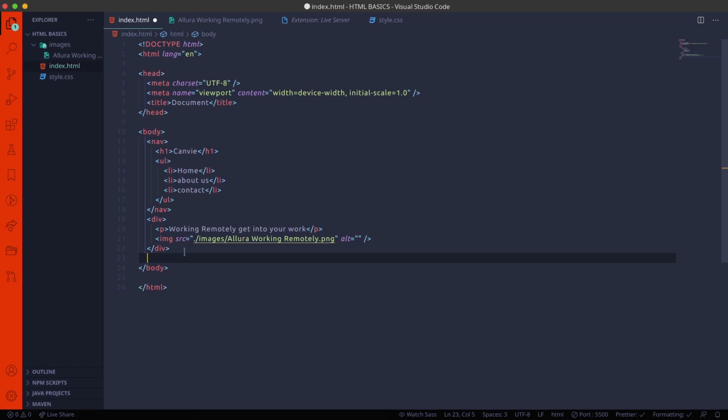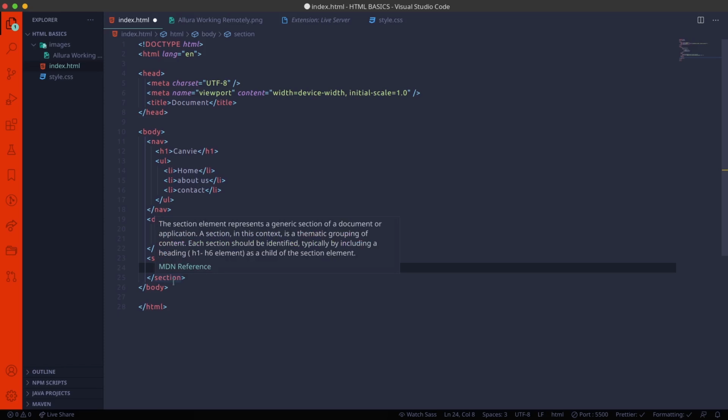So now we create another section in the body tag in the middle of the web page. Here we can use any tag. If we place our content on the left side, then we have to use the article tag, and if we want to place our content in the middle of the web page, then we can use a section tag, or you can use the div tag, anything. So here I'm using the section tag.